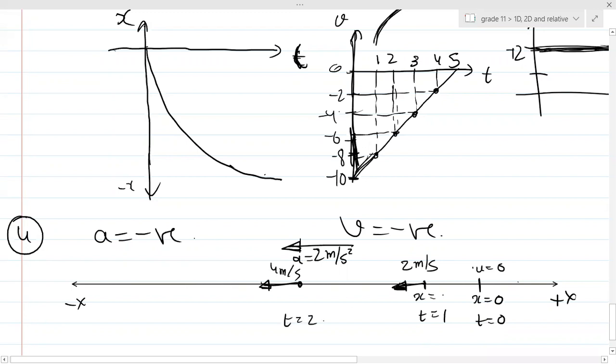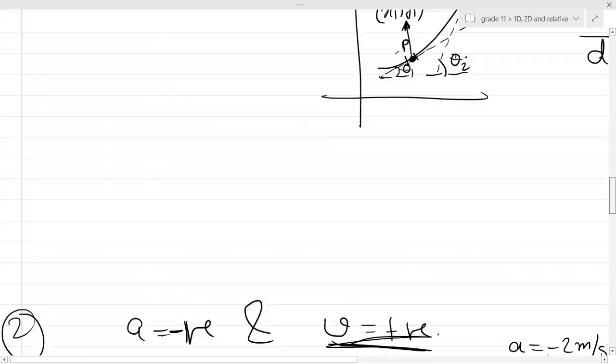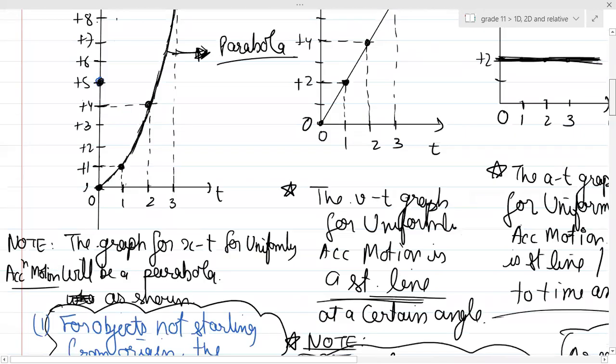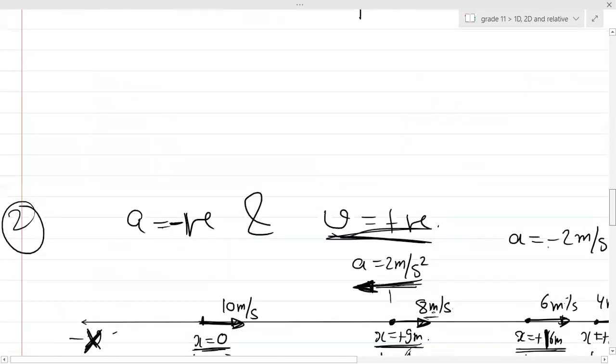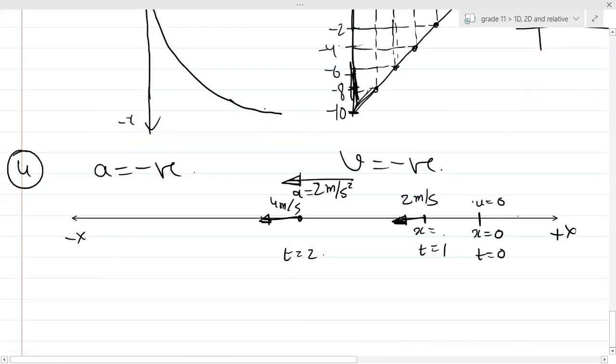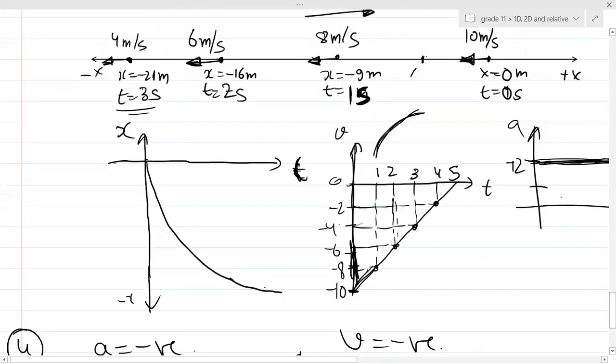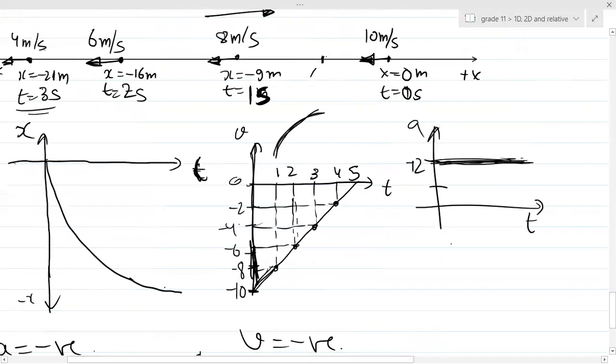What was the first case? x equals +1, +4, +9. It will become x equals -1, -4 and -9. Are you getting my point, guys? Basically, I'm just copying the third case. What about its acceleration-time graph? It will be negative in the negative direction, right? Acha, in the third case, this one.